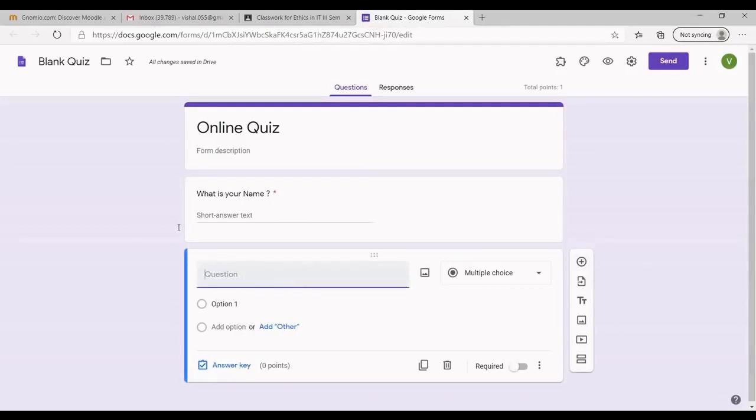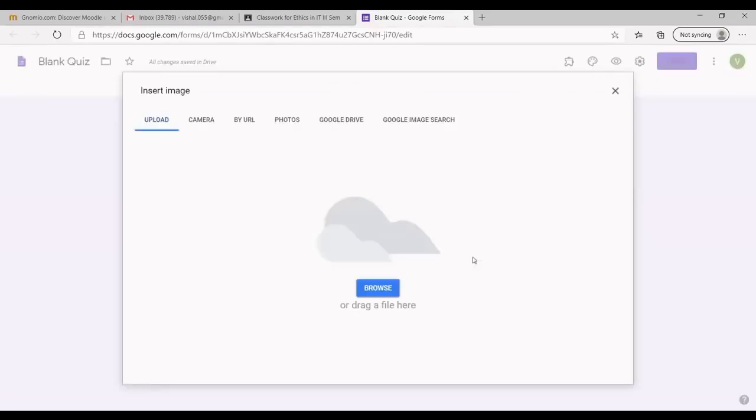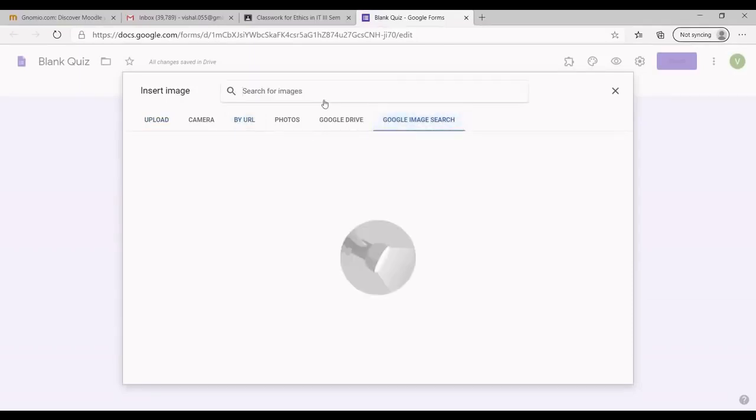I will ask a question based on an image now, that is, name the image. Here there is an option of image, so I will click on it and I can upload an image, or if I know the particular URL, then I can go there, or I can directly go to Google search of image.